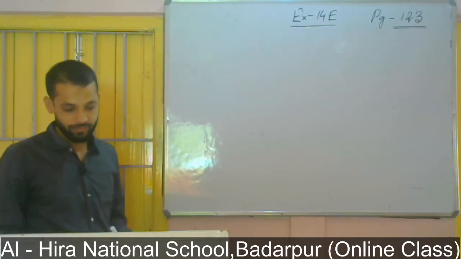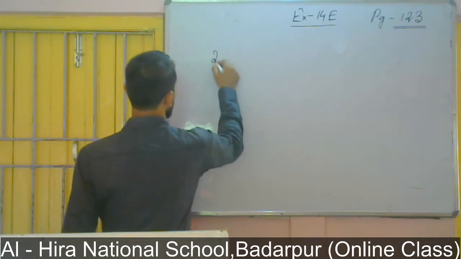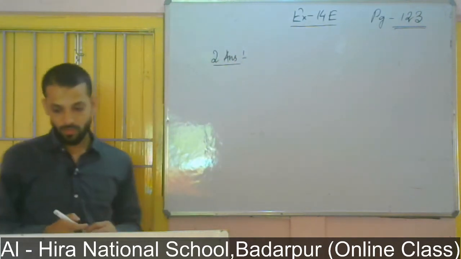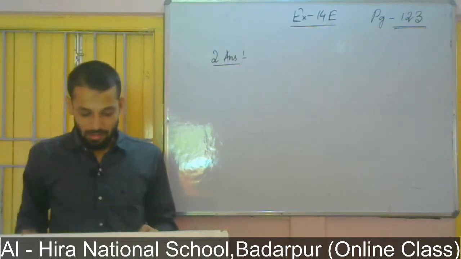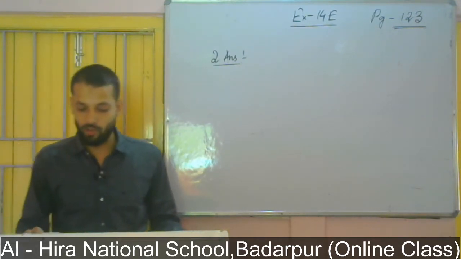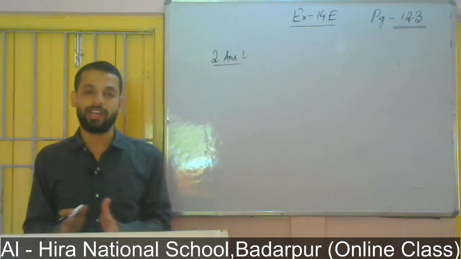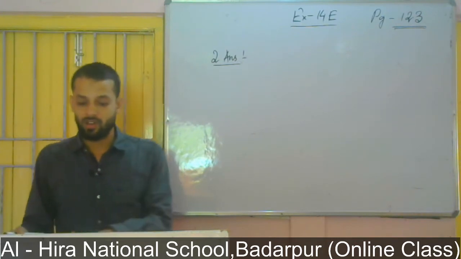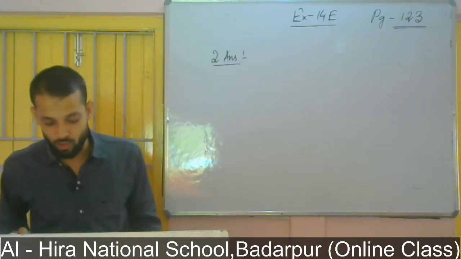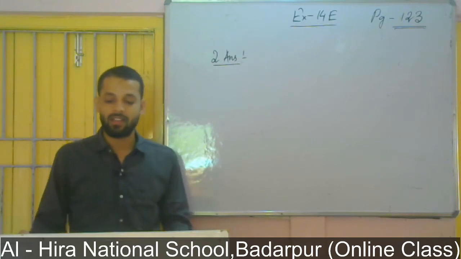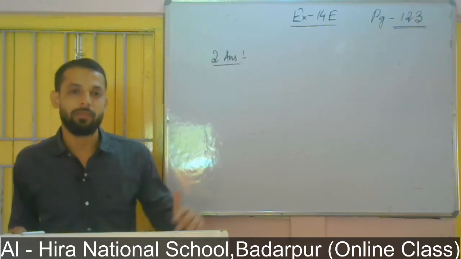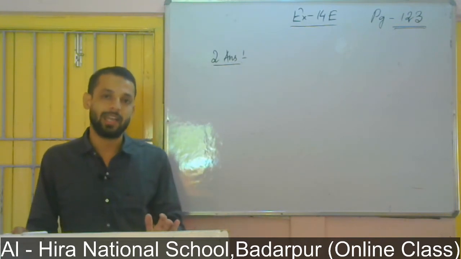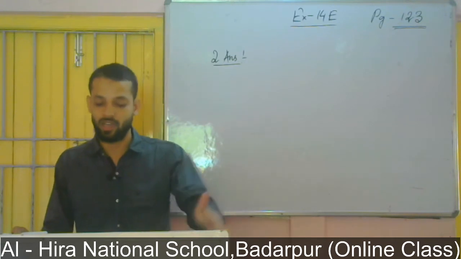The next one you see, question number 2, answer. Asdar bought a t-shirt for rupees 375. That means the price of the t-shirt was 375. He gave a 500 rupee note to the shopkeeper, because he doesn't have the exchange, that is why he gave 500 to the shopkeeper.